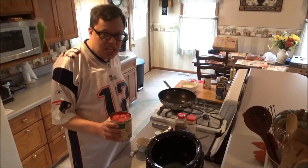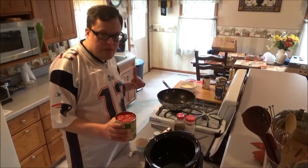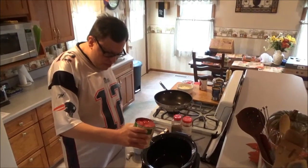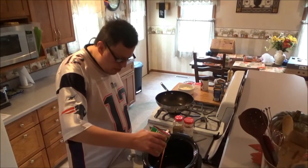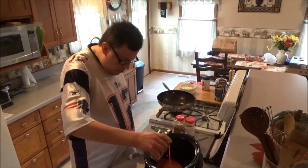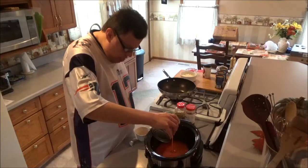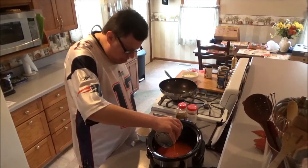After you brown all of that meat, but before you put it in your crock pot, you'll want to pour your tomatoes right into the crock pot first. See, I'm getting all the liquid right in here into the crock pot, and for the tomato part,